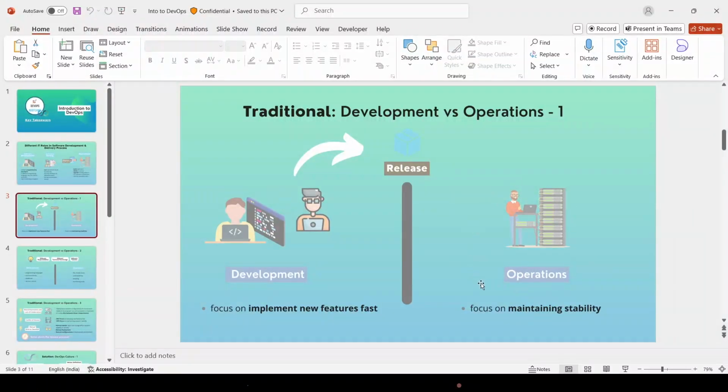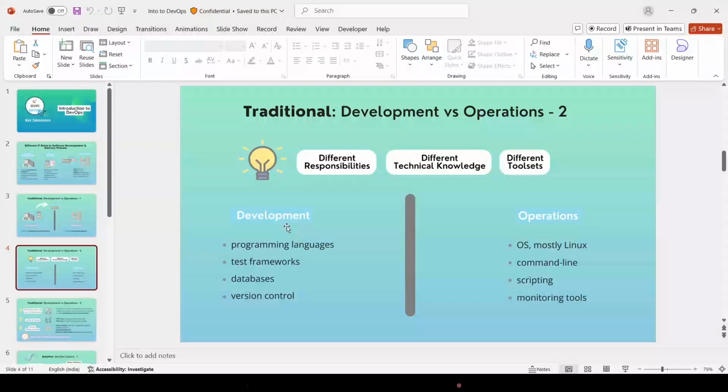And the operation team guy will mainly focus on the stability of the server. What is his main focus? In case the Amazon application is running in production, it shouldn't crash. That is his main priority. Deploying the application is not his priority. Deploying a new version is a priority for the development team, but maintaining stability is the priority for the operation team guys. This is where the collision happens between development and operations, because he wants to maintain the stability of the application, otherwise he will lose his job. The developer has to create new software as per schedule, otherwise he will lose his job. Because of that, conflicts happen.